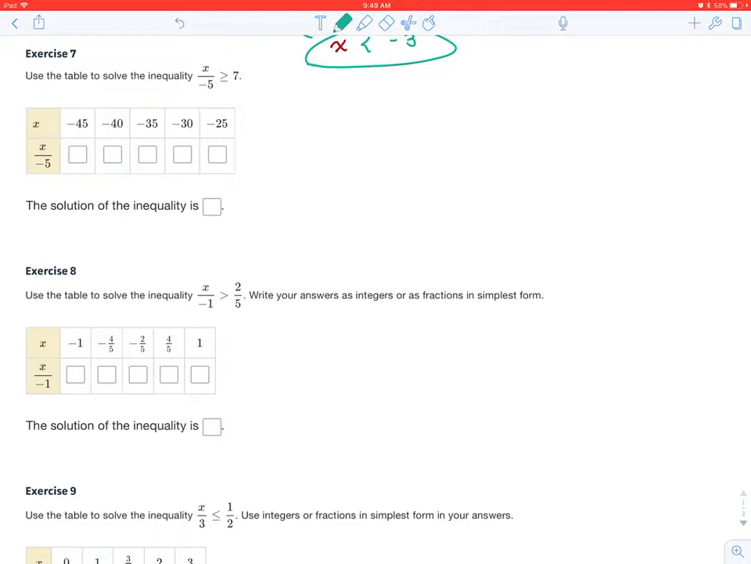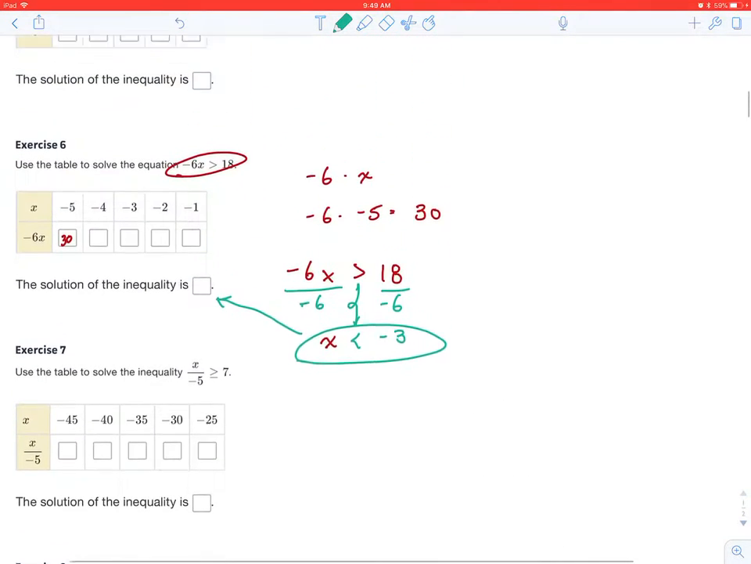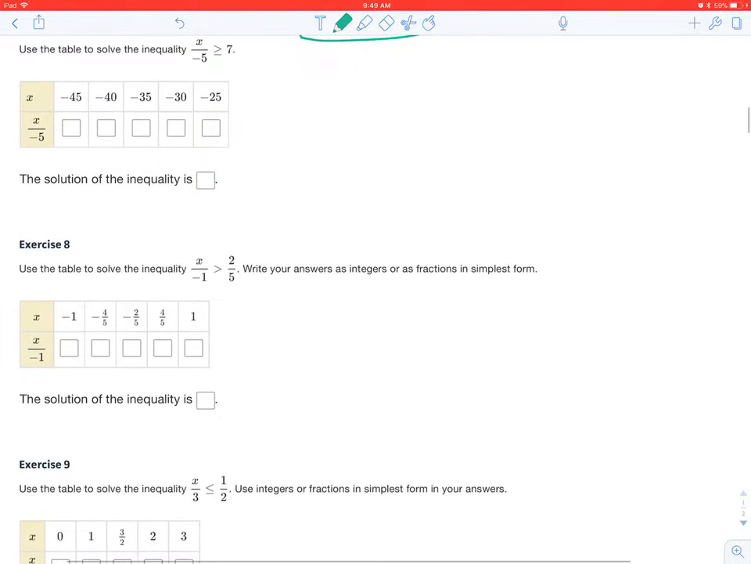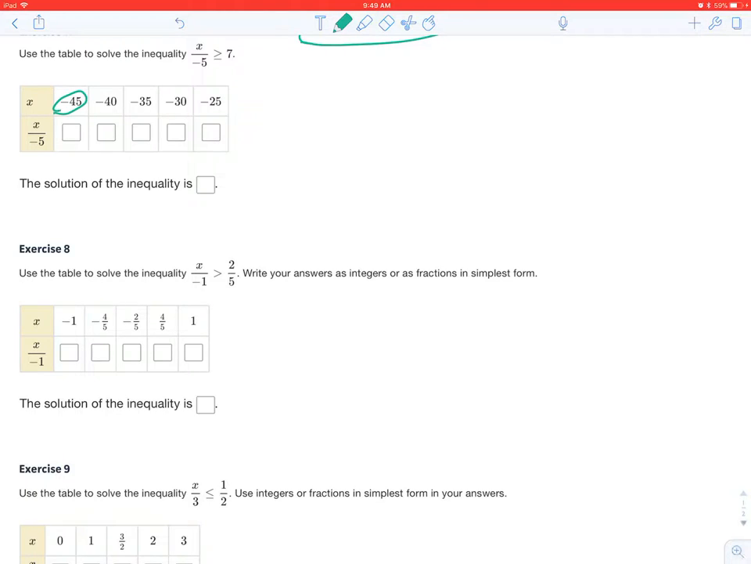Exercise 7 is the same thing, except instead of multiplication like we saw in questions 5 and 6, our expression this time is x divided by -5. But it's still the same concept. You're still going to take this value of x, -45, and substitute that in for x, which gives you -45 over -5, which gives you a +9 because this is a division problem. Now, x divided by -5 is greater than or equal to 7. Because this is a division problem, the -5 is on the bottom, so we want to have